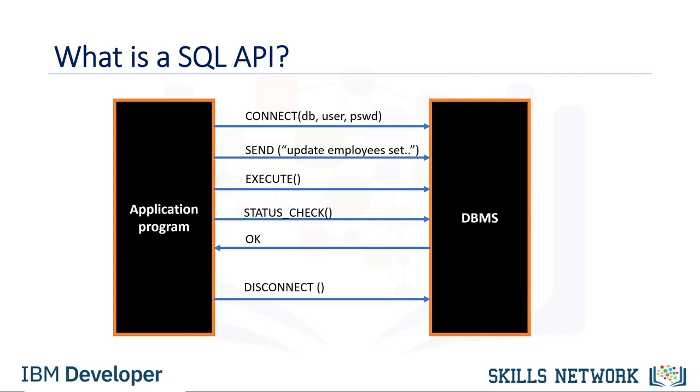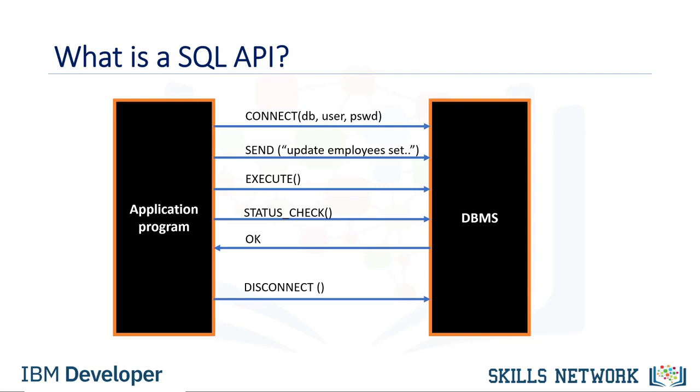To pass SQL statements to the DBMS, an application program calls functions in the API, and it calls other functions to retrieve query results and status information from the DBMS. The basic operation of a typical SQL API is illustrated in the figure. The application program begins its database access with one or more API calls that connect the program to the DBMS. To send a SQL statement to the DBMS, the program builds the statement as a text string in a buffer